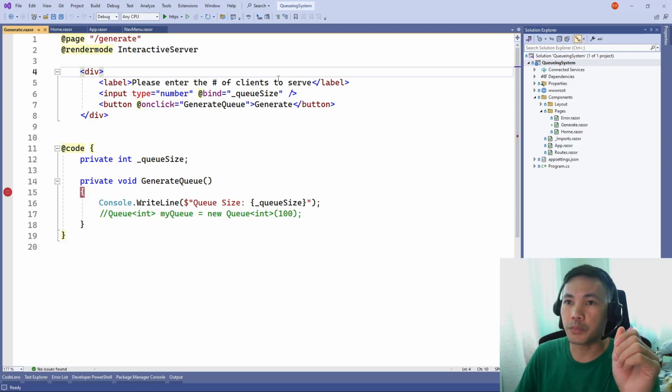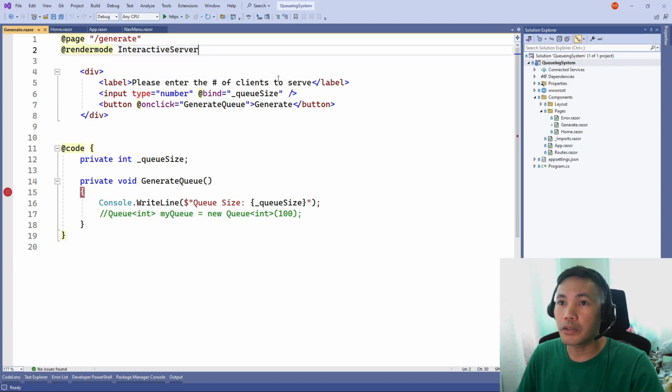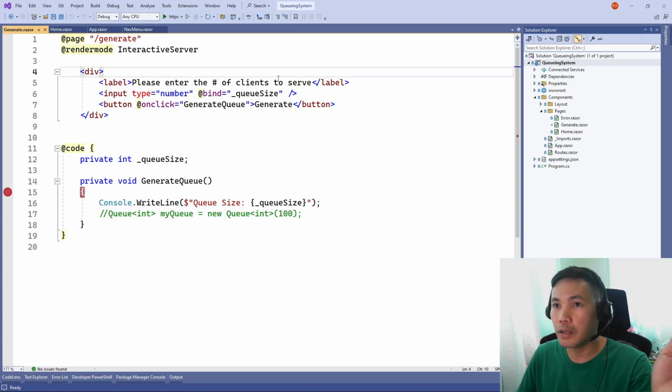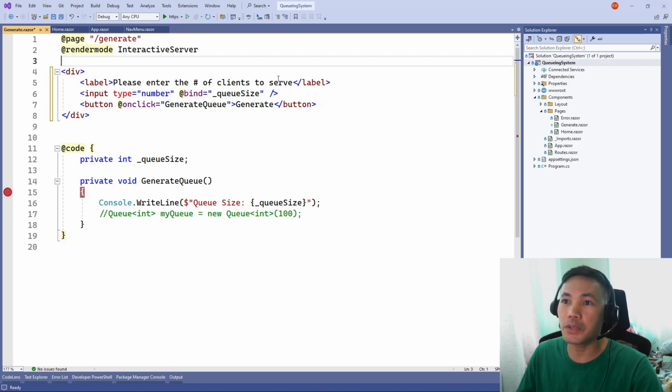But this time, for your Razor components to work, you need to add this render mode, interactive server, which I guess means it's now becoming a per-page render mode. As before, the render mode is only set once, and then that gets carried on for the entire application. From where we left off in the previous video, I was trying to